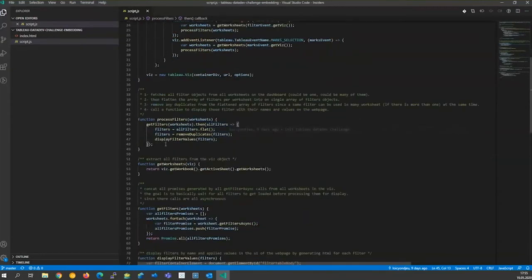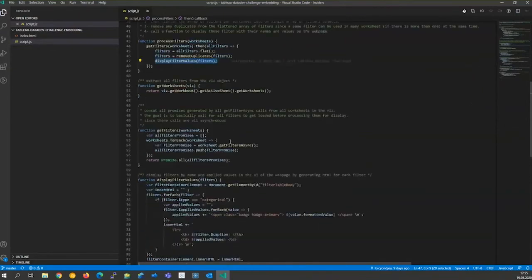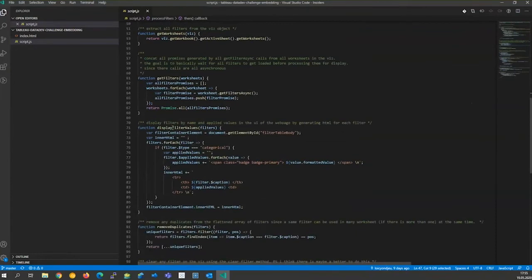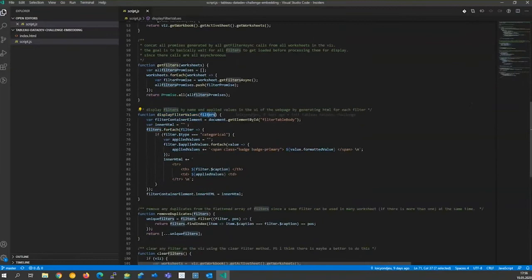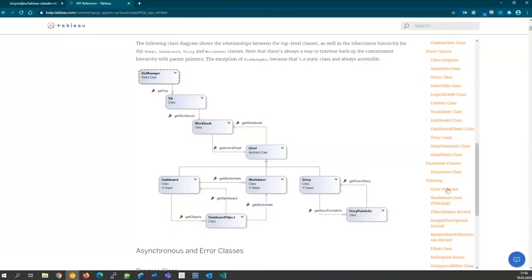And basically this last function is the key thing of my function, which is going to be displaying the filter objects in the DOM, so the HTML. So let's look at the function a little bit to see what it does. This display value filter function will receive the filter objects. By the way, if you want to know what the filter objects look like, you can go to the documentation and then go to the filter class here,